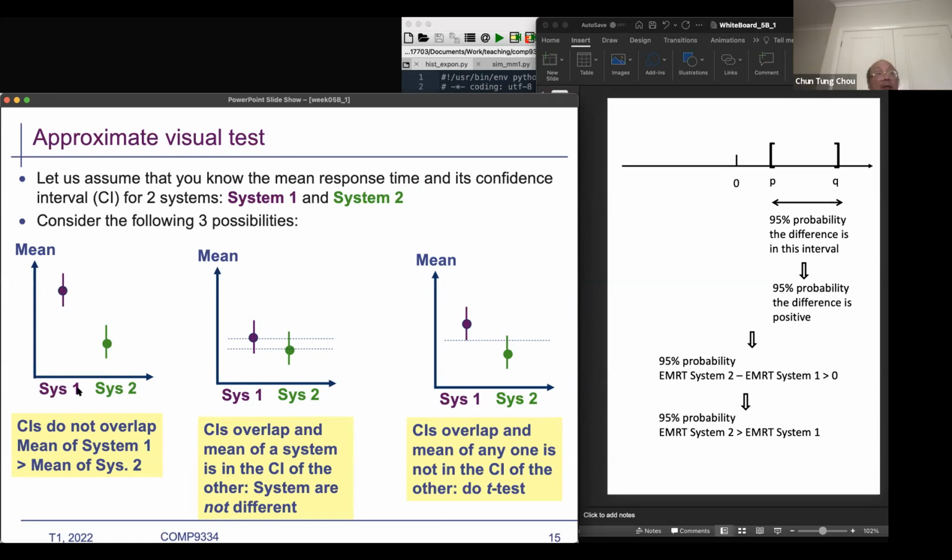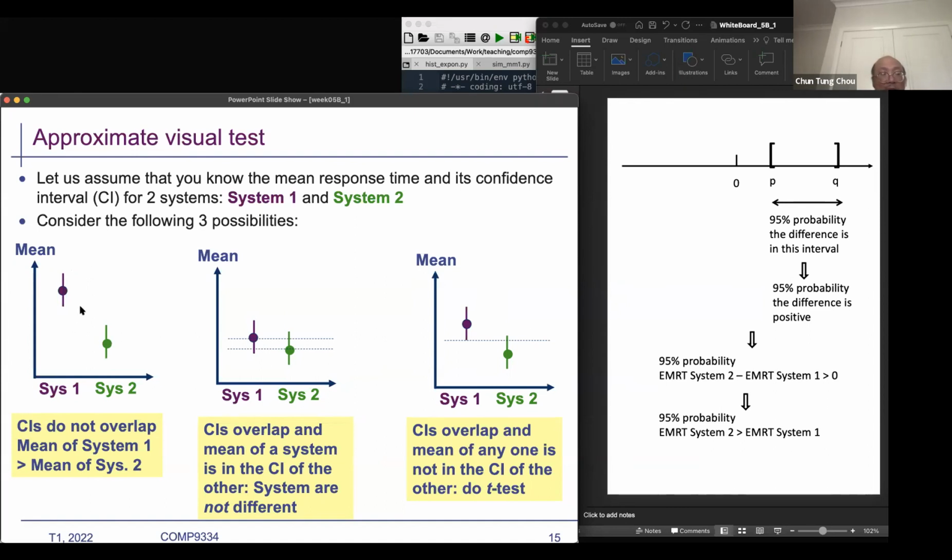This dot here means the mean, and the vertical bar here is the confidence interval. So this is the mean for system 1, that's the confidence interval for system 1, this is the mean for system 2, and this is the confidence interval for system 2. Now, one possibility is that these 2 confidence intervals do not overlap,